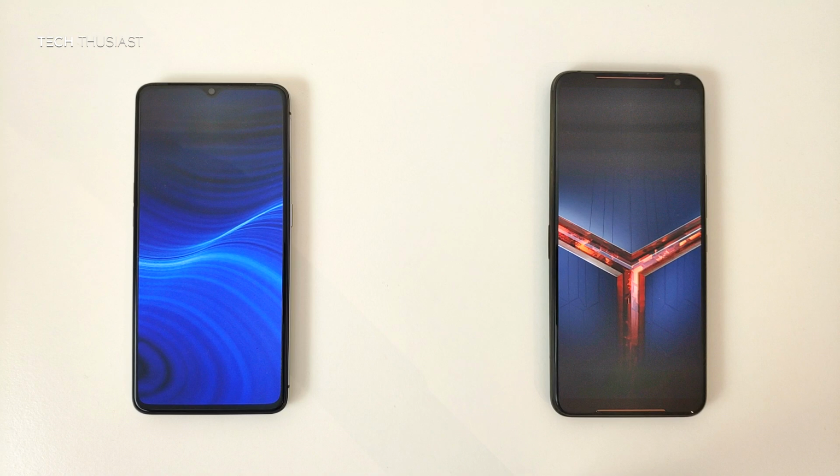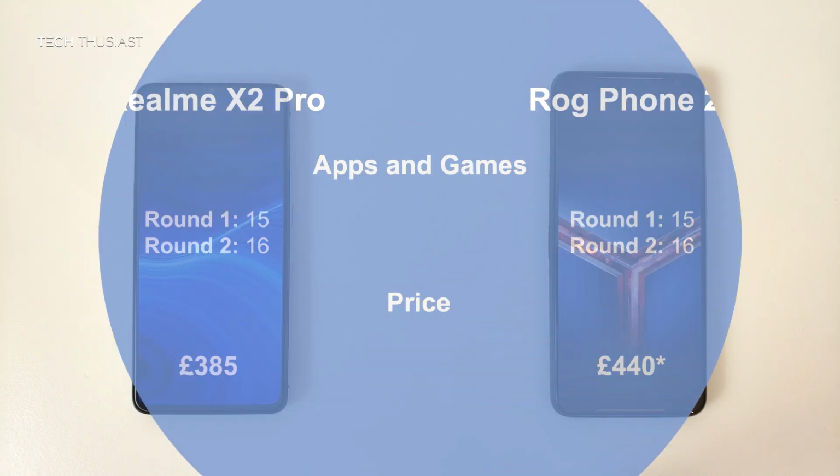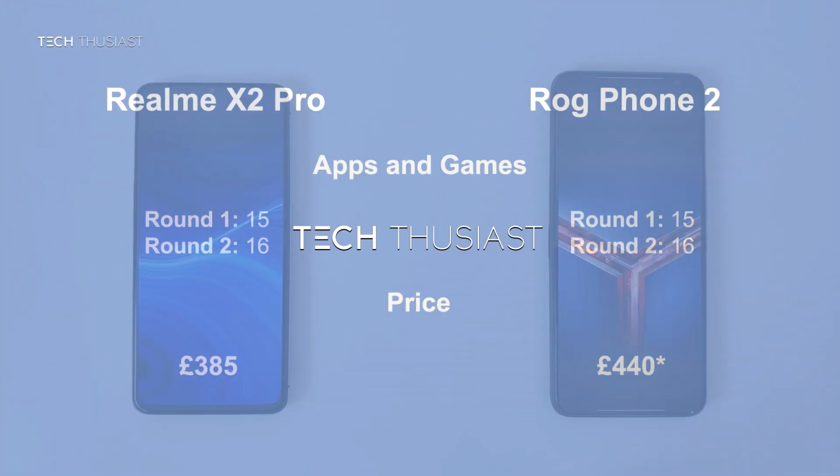So that is the end of the speed test comparison, and here is a recap of the scores. In round 1, the scores were tied at 15 points each. In round 2, the scores were tied again at 16 points each. As for the price difference, both of these phones in this video were the 128GB model, and the Realme X2 Pro costs £55 less than the Rog Phone 2, and it is also the cheapest Snapdragon 855 Plus phone